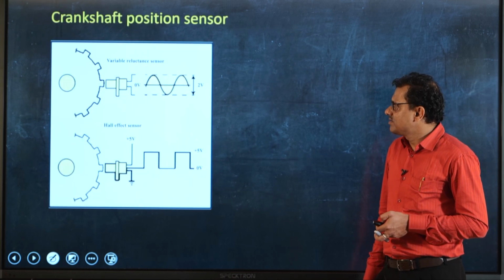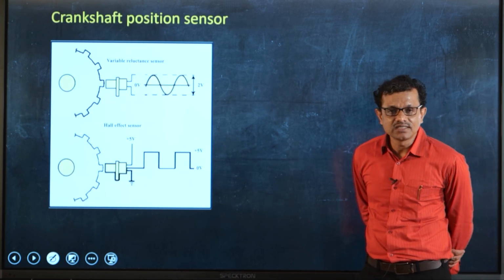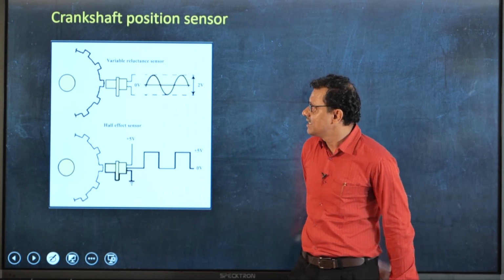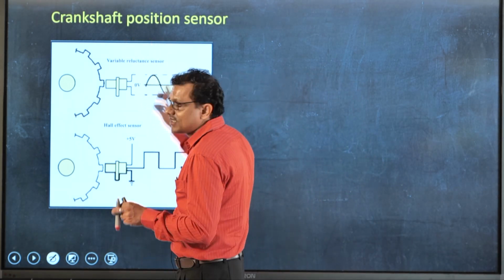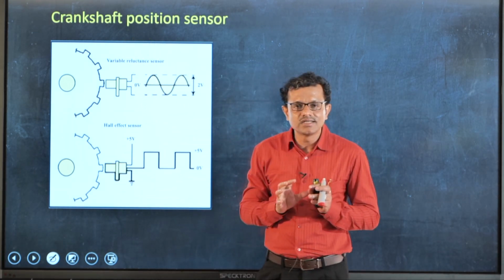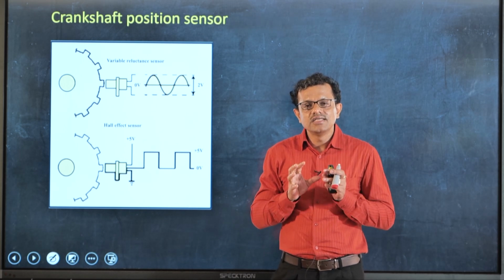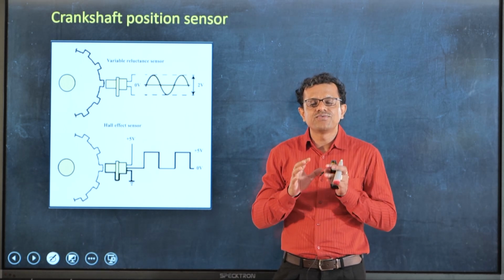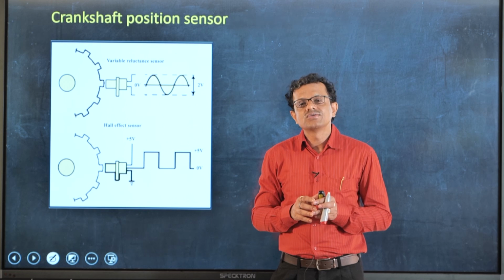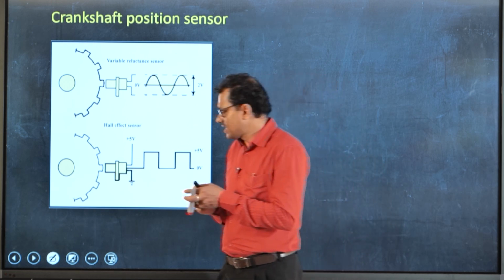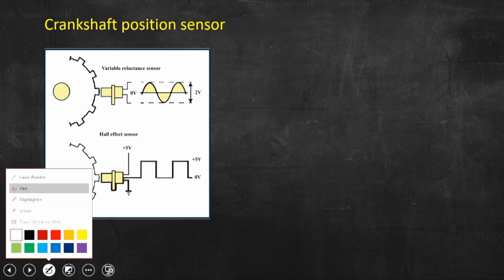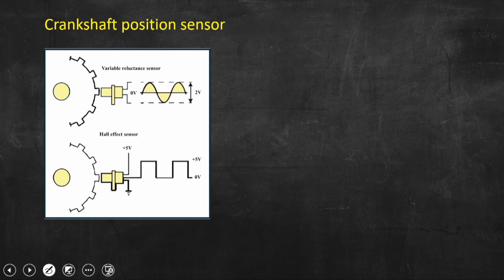So, now let us discuss another important type of sensor. As such, I should say the crankshaft position sensor is a very important sensor for the modern engine, and this sensor is used to control the fuel injection time and also the ignition system. So, if I write here, this crankshaft position sensor